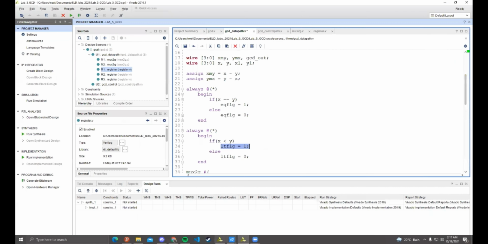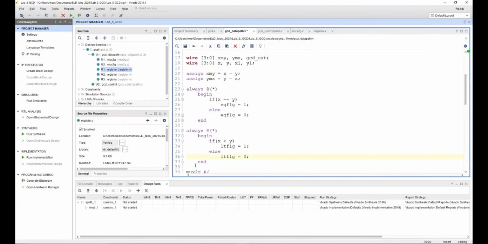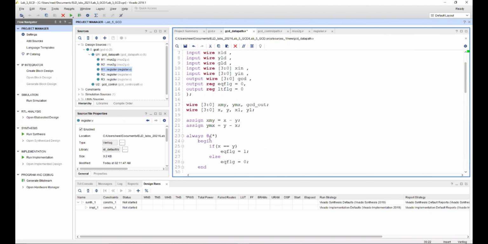So in this code, as you can see, there's a great emphasis on running the finite state machine, generating these control wires, and making use of this finite state machine to calculate the GCD. We have not put much importance on calculating these values.